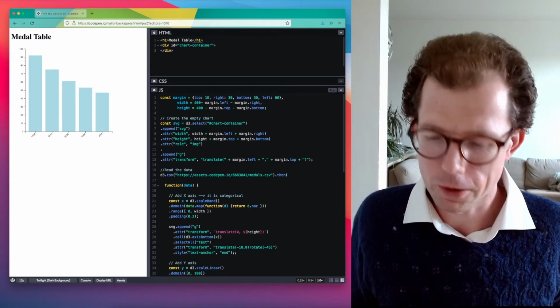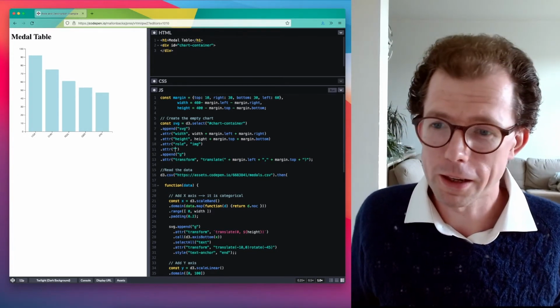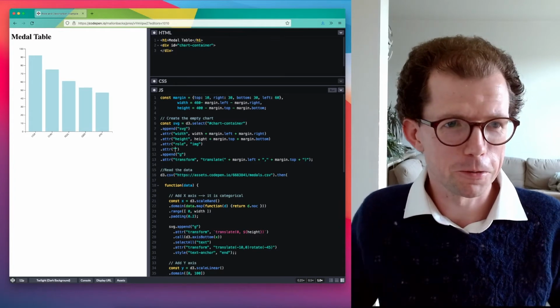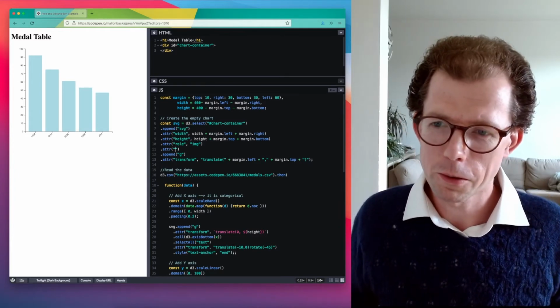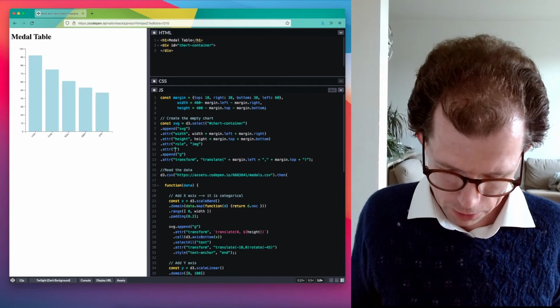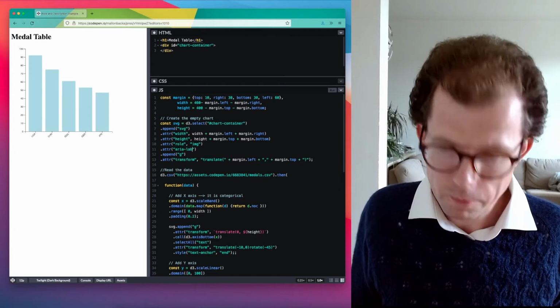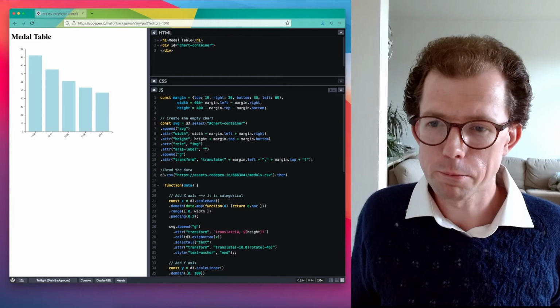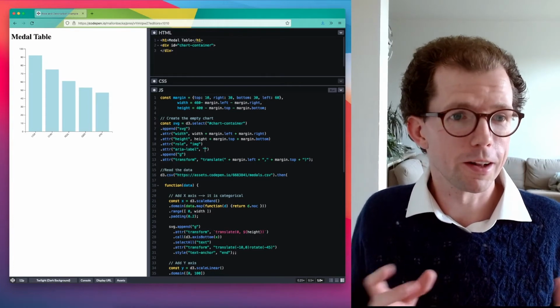ARIA stands for Accessible Rich Internet Applications, but again, let's not go too far into that here. What you do need to know is that in this case, we can use aria-label, and we can give basically the same text we would if this were an alt attribute.